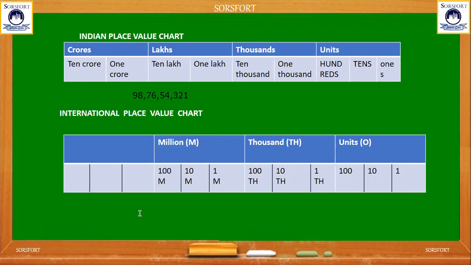if I am writing the number here, that is 987654321, how will I write it down? Where will I put the comma? After 3. Now see, after 3 digits, 1 comma; again after 3, 1 comma; again after 3. So there is a division of 3, 3, 3 for international, and for Indian it is 2, 2, 2, and the last is 3. So how will I read it in international? This will be 987,654,321.